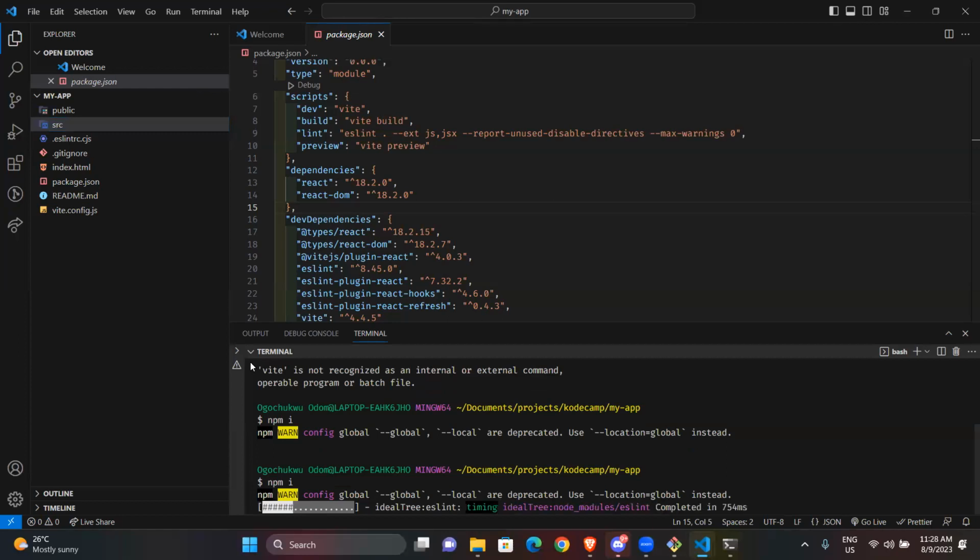I thought that by doing the whole npm create vite latest, we were installing everything we needed at that point. No, it just scaffolded something for you, but you still need to install it. It just gave you a template, but you need to install the necessary things inside it.